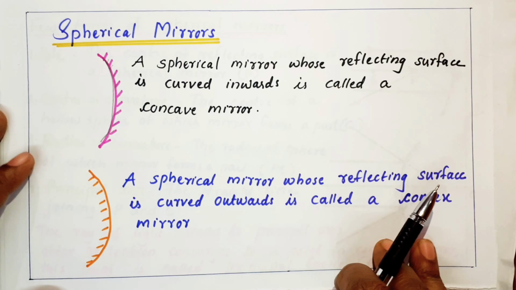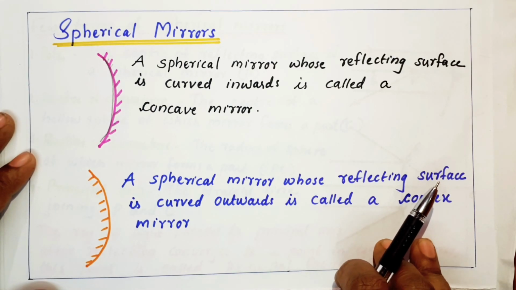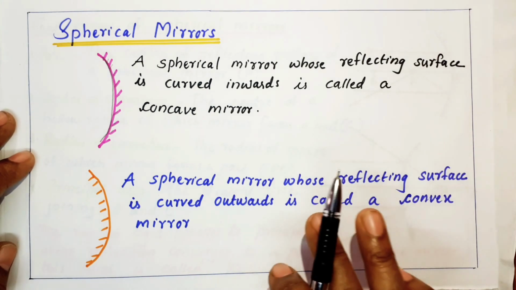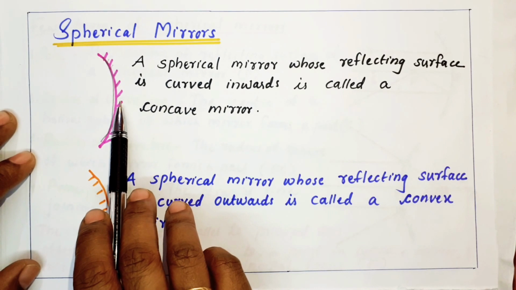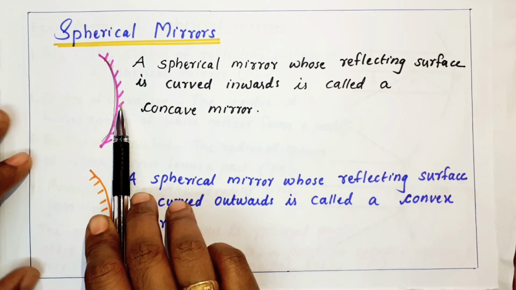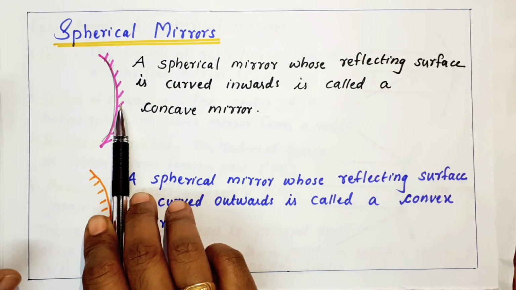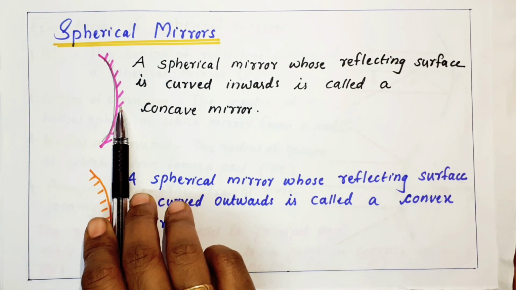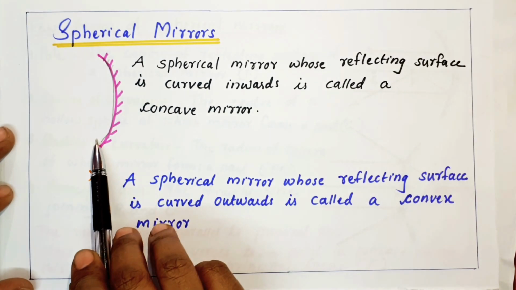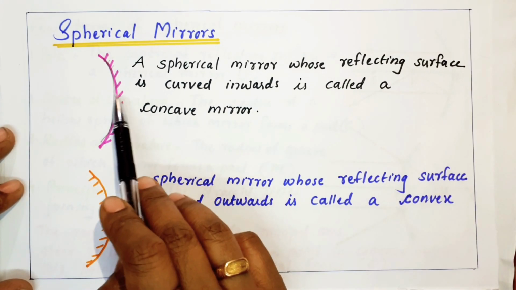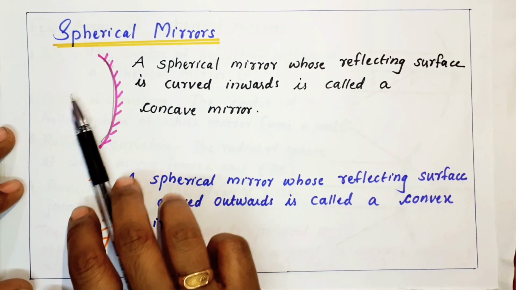See, in the previous slide, I was discussing the plane mirror. Plane mirror we are very familiar with. Now, another type of mirror is called a spherical mirror. Spherical mirror means it is a part of a sphere. This mirror is a part of a sphere. So now you see, I have just drawn a diagram like this. So in this shaded region means,